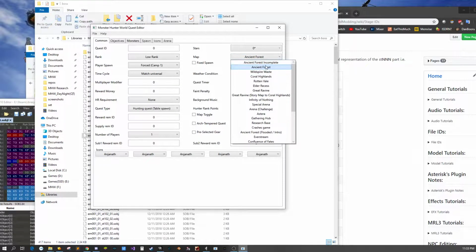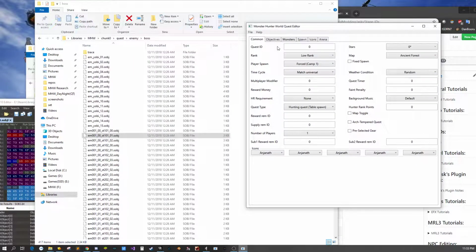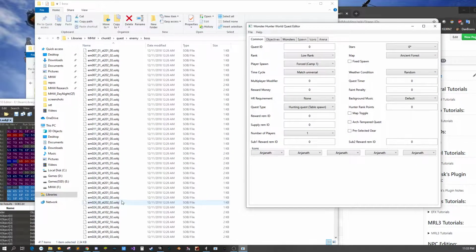This needs to be updated, by the way. This incomplete one, it needs a different name. I think this incomplete one is the tutorial stage. I think it's 406, and then the flooded one is 401. But anyway, so ancient forest 101. Let's go look down here. So if we want to put in Anjaneth,